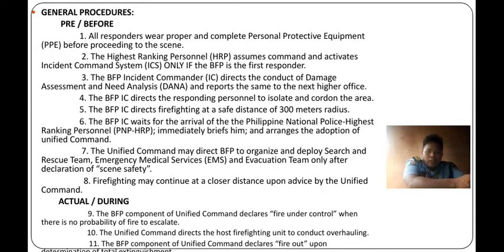Actual during. 8. The BFP component of Unified Command declares fire under control when there is no probability of fire to escalate. 9. The Unified Command directs the host firefighting unit to conduct overhauling. 10. The BFP component of Unified Command declares fire out upon the determination of the total extinguishment. The next,